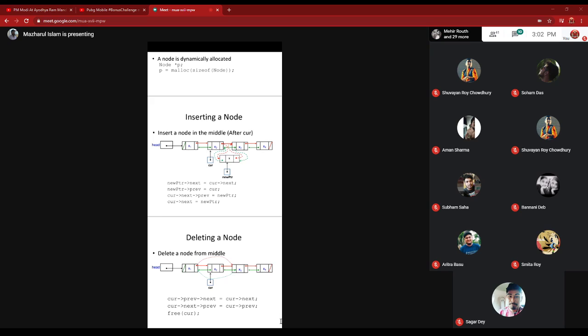So new ptr next equal to car next. Before the node is included, the node that was after car will now become the next node of new ptr. As you can see on the slide, the previous node of new ptr is pointed to by car.